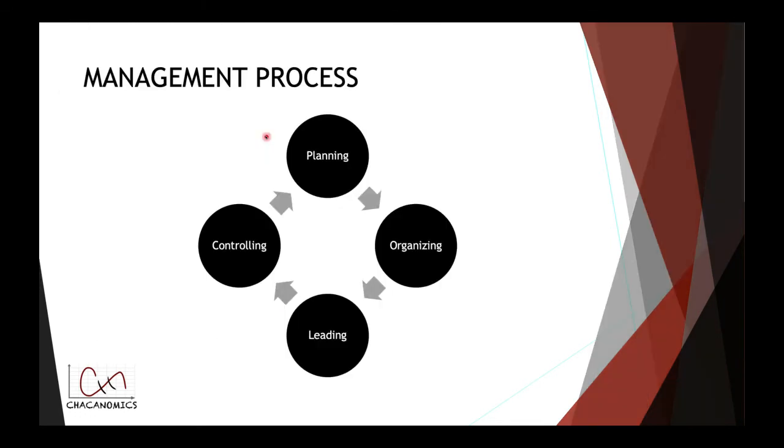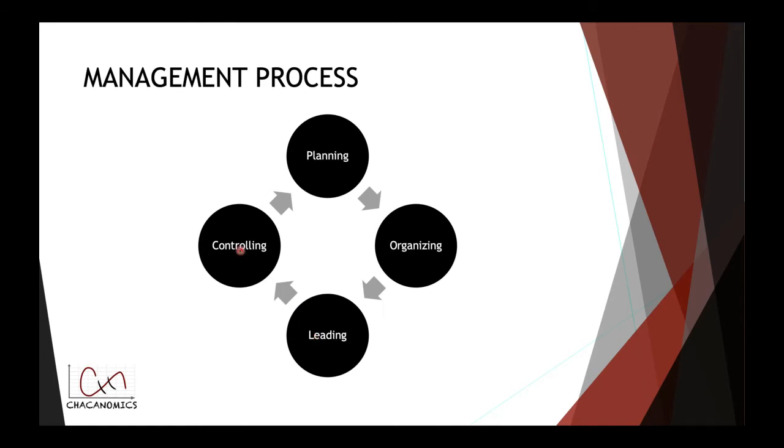We define management as a discipline and a process. So a manager must follow certain activities that we call the management or managerial processes, and it involves 4 steps. First, planning, then organizing, leading, and controlling. In the planning phase, we develop the goals and the strategies in order to achieve them. In the organizing phase, we decide what the roles of individuals are. We allocate resources, activities, and responsibilities to each part of the organization. In the leadership activities, we make sure that people do the things they're supposed to do.